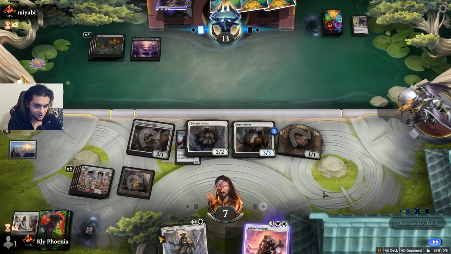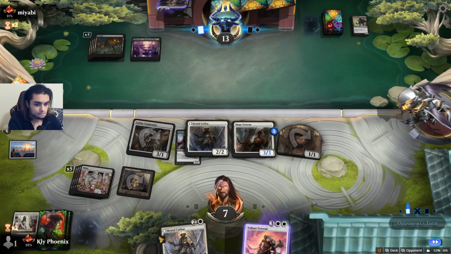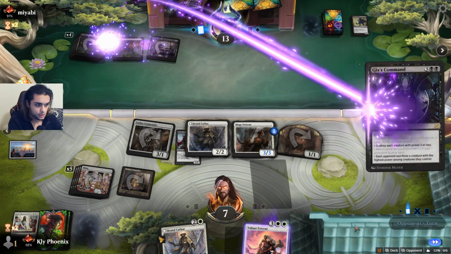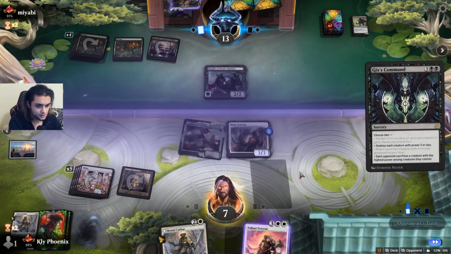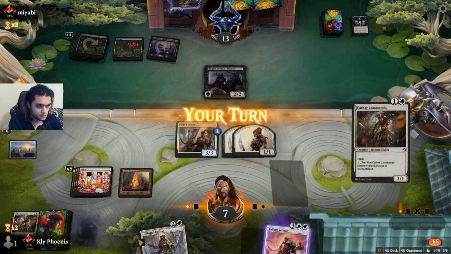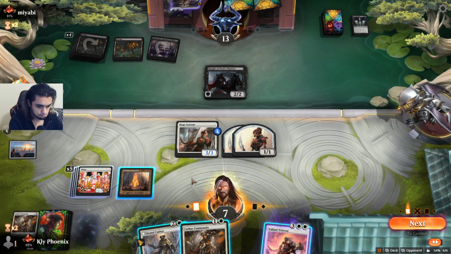Thank you, Adeline. What a creature, seriously. Such a headache. Maybe I should have put the +1 counter on the Brutal Cathar so I can dodge a cut down. Yeah. We can get 2 1/1s. Nice. Alright, so